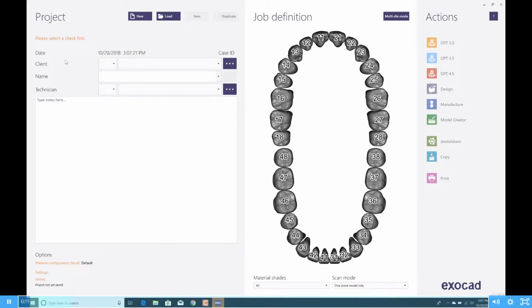Okay, so you start with the client, which is your dentist, and then the patient name and the technician, which is the person that is creating this project. And in this window, you can put all of the notes, the specifications about this project, which could be what type of material you use, shade, type, things that can be really helpful for other users that are opening this project. Then here I have the options: material configuration, setting, and about, which I would not really spend